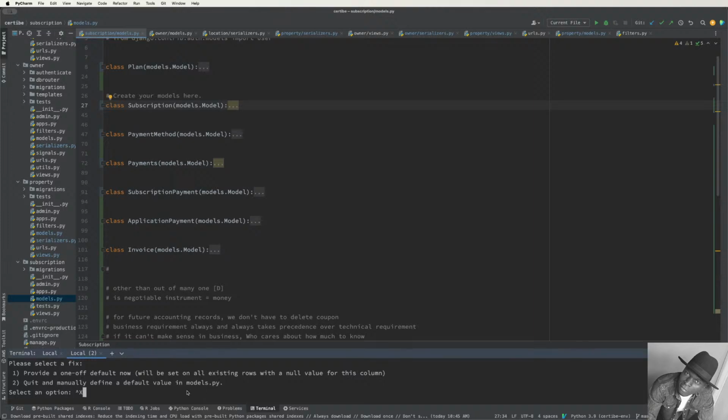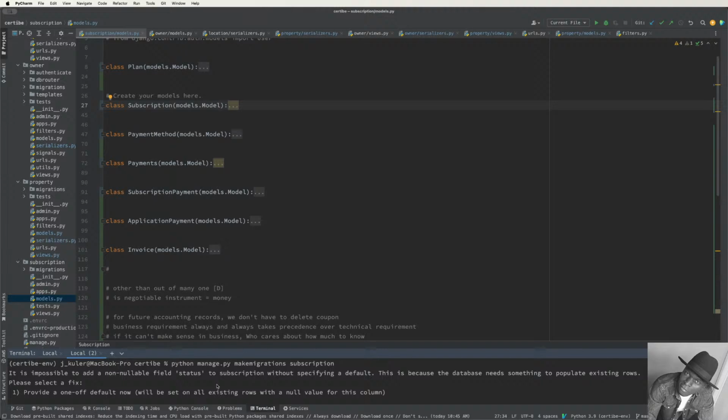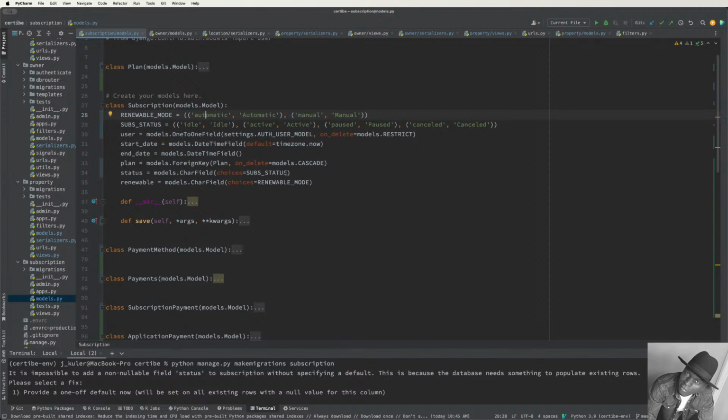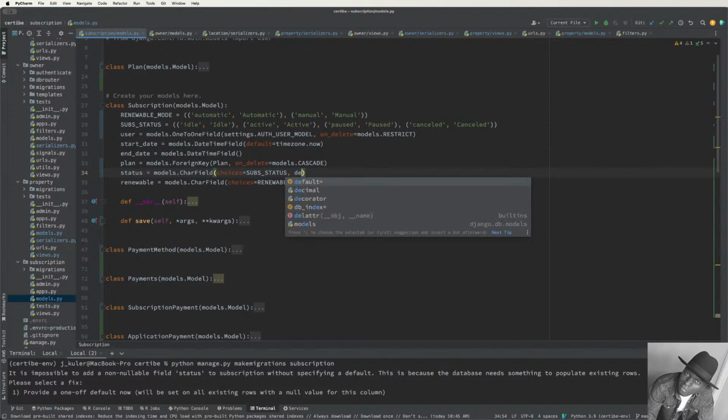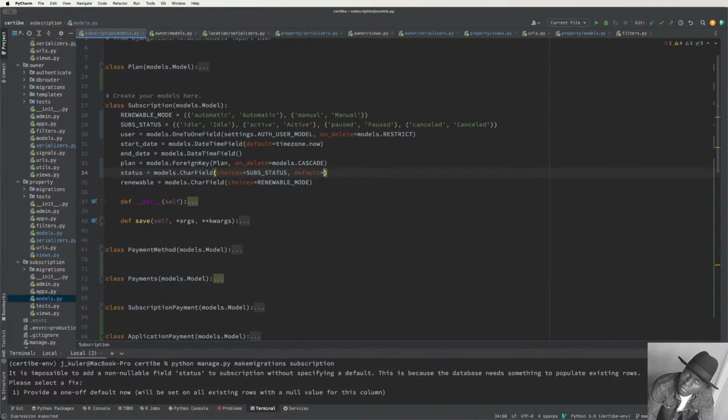Let's cancel this. Let's try again. Now we're dealing. Oh, I'm not even. The default value will default to idle. Renewable default is